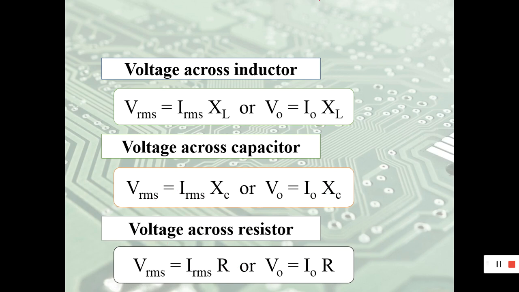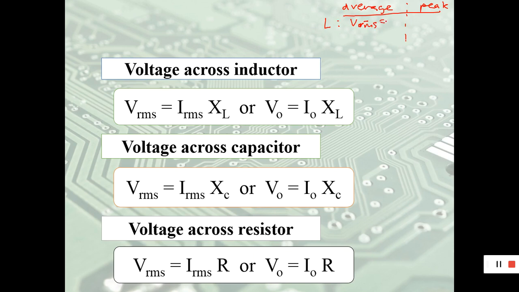So there are two things here. First, if the question asks you to find the average, or the question asks you to find the peak. If average, so for example, for inductor, so you will use V RMS